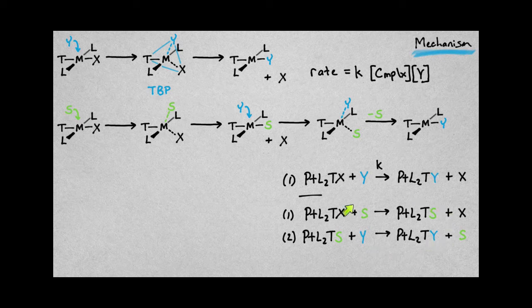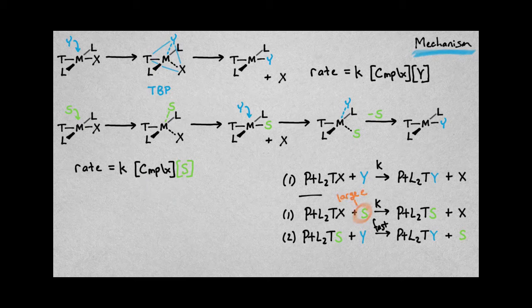If we add up these two, of course, you will get the final reaction because the solvent cancels out in both reactions. Representing the top elementary step in our mechanism with the rate constant K, and assuming that the second step is very fast, so in other words, this first step in our mechanism is rate limiting, we would get a rate law for this second mechanism equal to the rate constant K times the concentration of the complex times the concentration of the solvent.